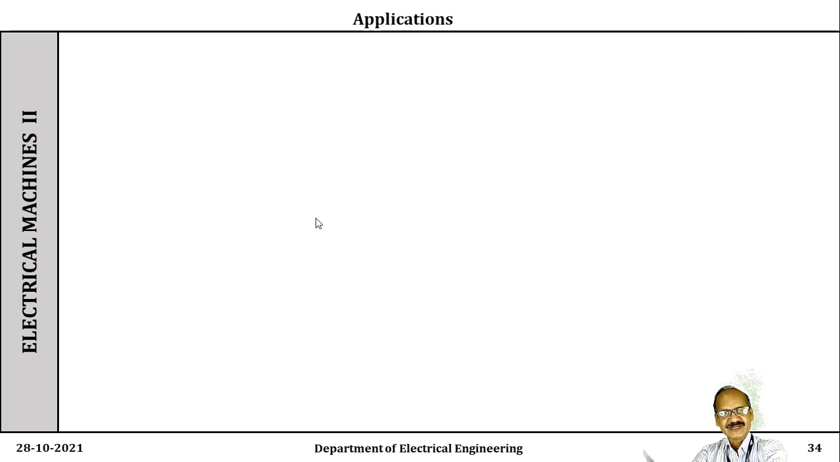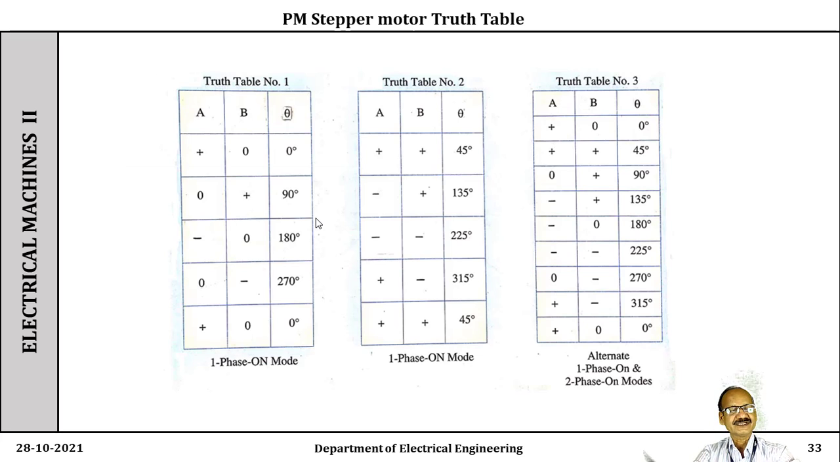Now during this one rotation, this is known as one phase on mode, which means one phase is excited at a time. And the truth table is as shown in the figure, Table number 1. Pay attention here. The coil A or phase A and phase B, here the angle theta. When A plus is excited,